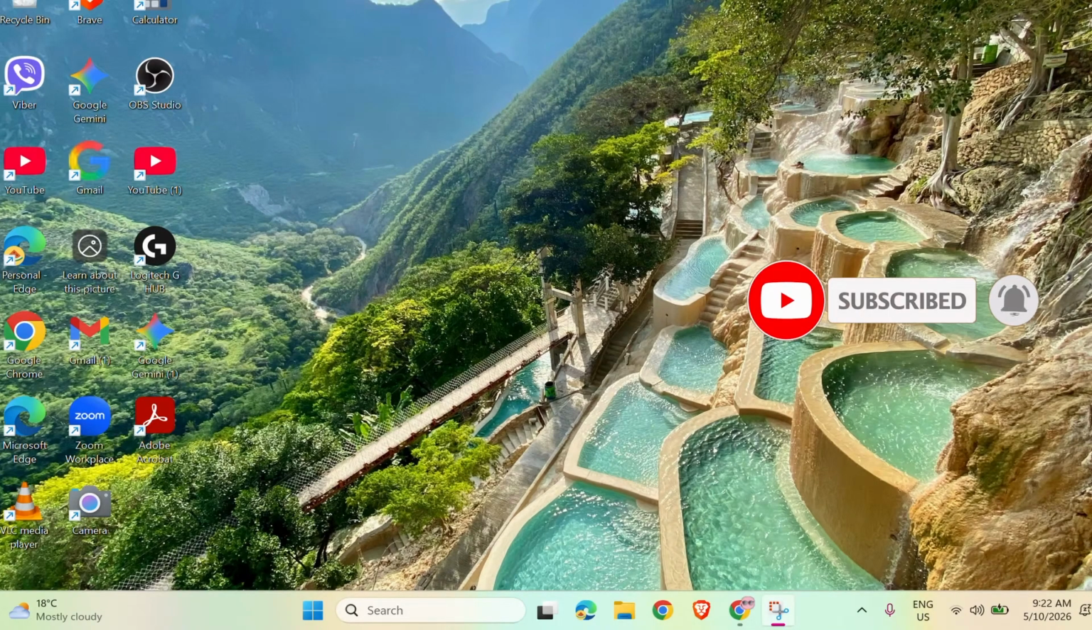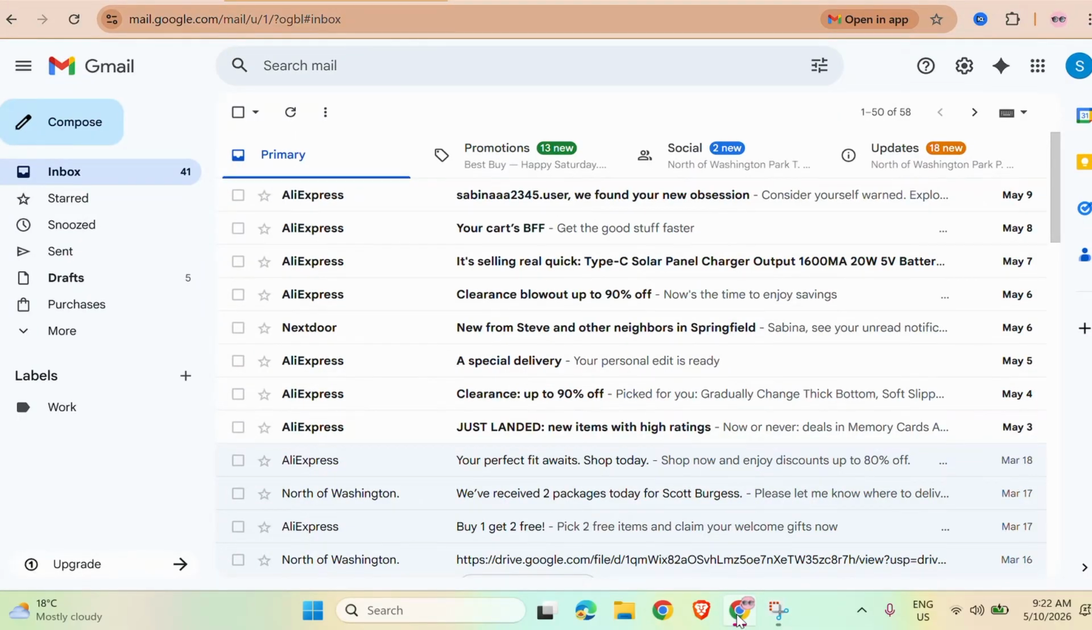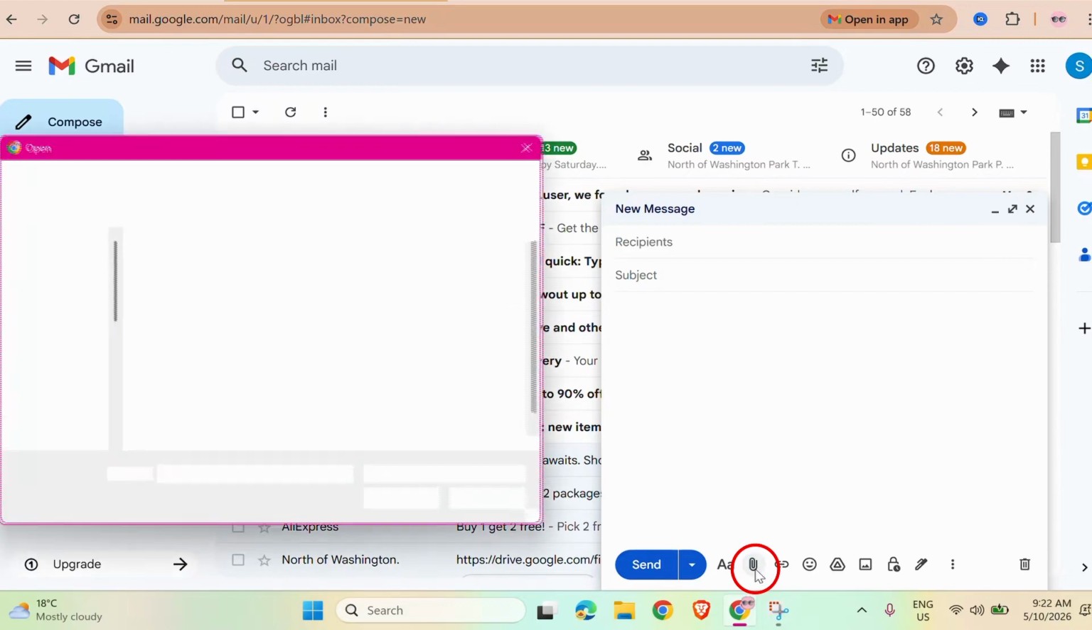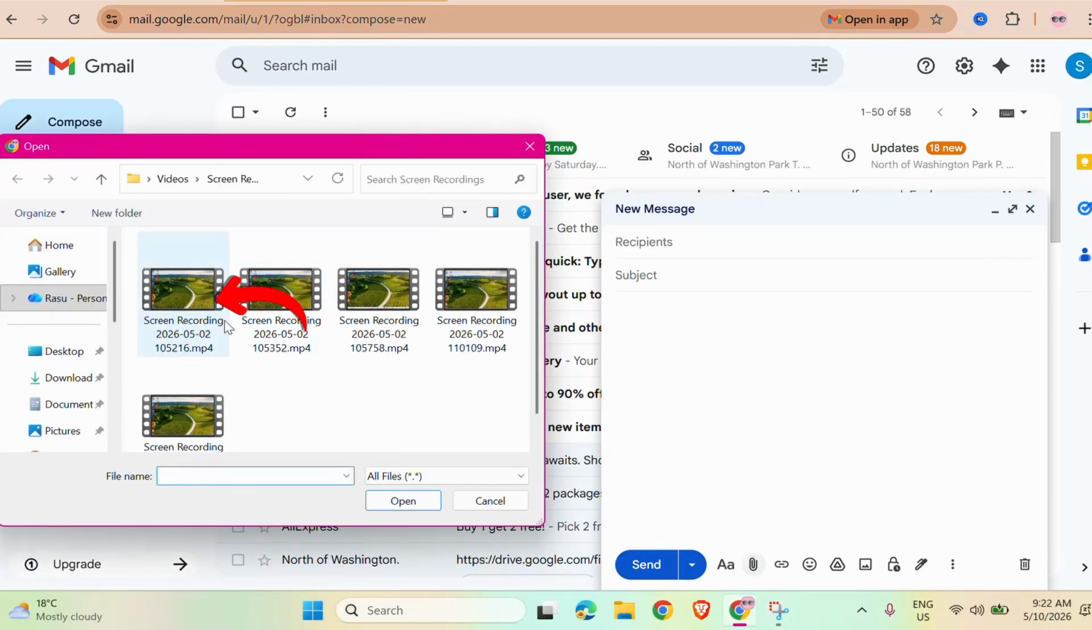So, what you need to do is head over to your PC and to your Google Chrome, because sending large files via your mobile phone is not possible. Log in to your Gmail account and go to Compose on the left hand side. And then you need to go to the attachment icon and then choose the large file that you want to